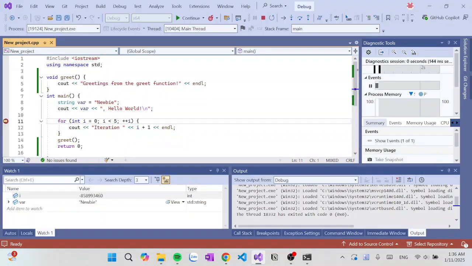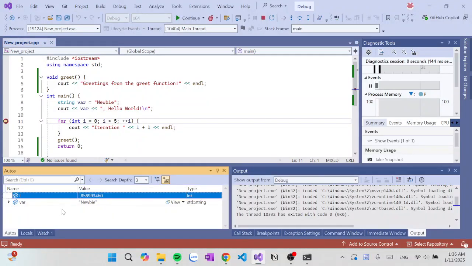So next we come to the autos window. The autos window shows variables that are used on the current line of execution and variables before the breakpoints. So here we have the I value and the var value. That's what the autos window is used for. Next, we have the locals window.